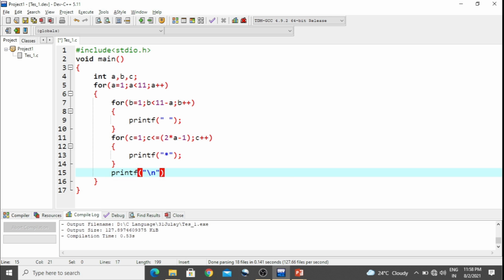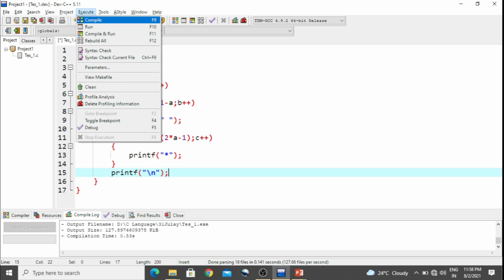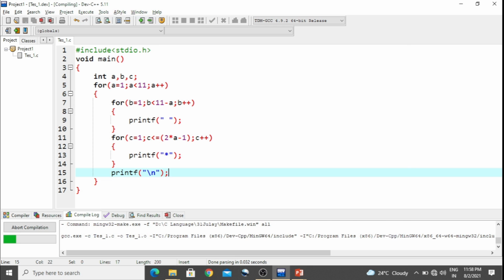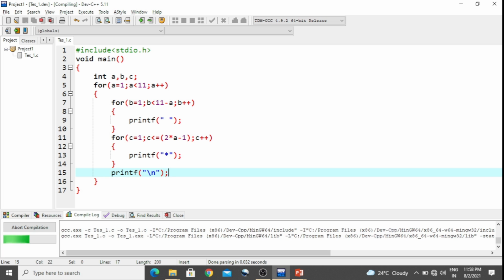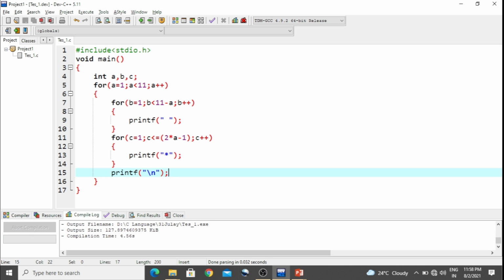This is a new line character. Save. We'll see how the program looks. So execute, compile, and after compilation you will see whether there are errors or not. Compilation is done, then we are running it.